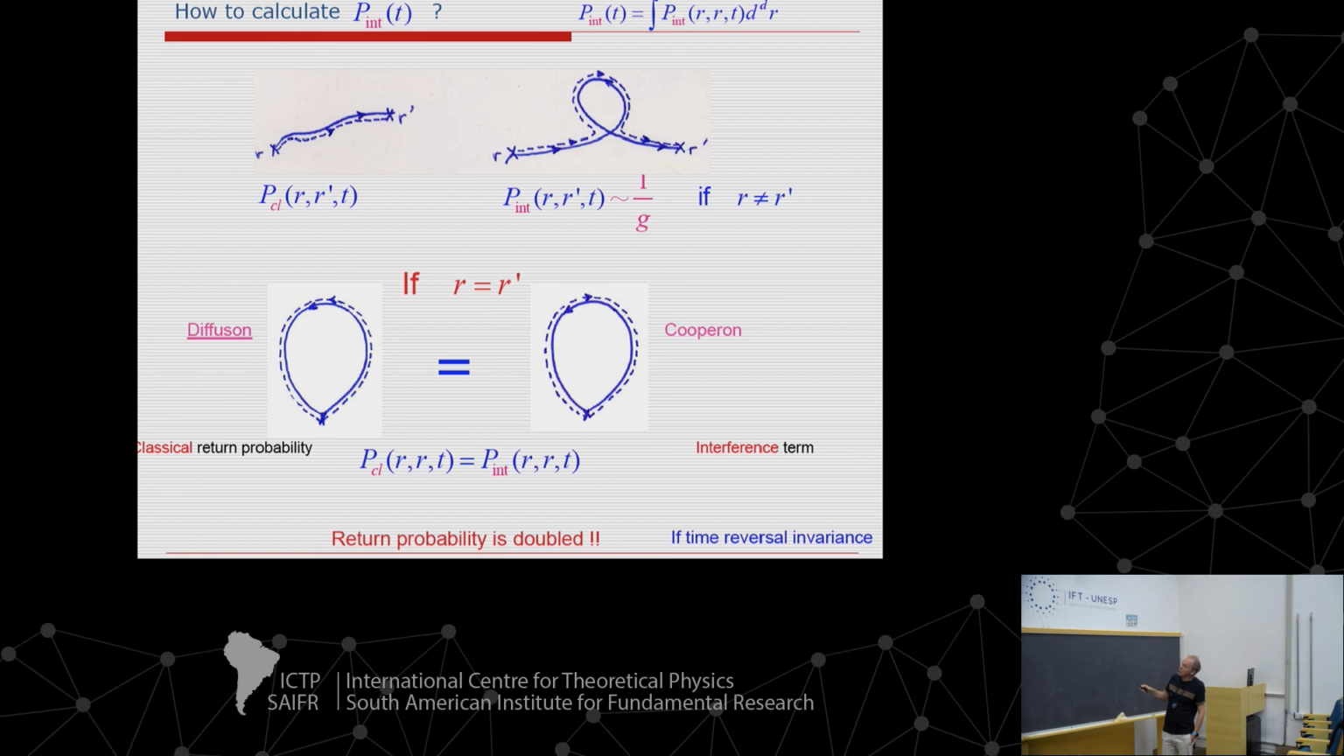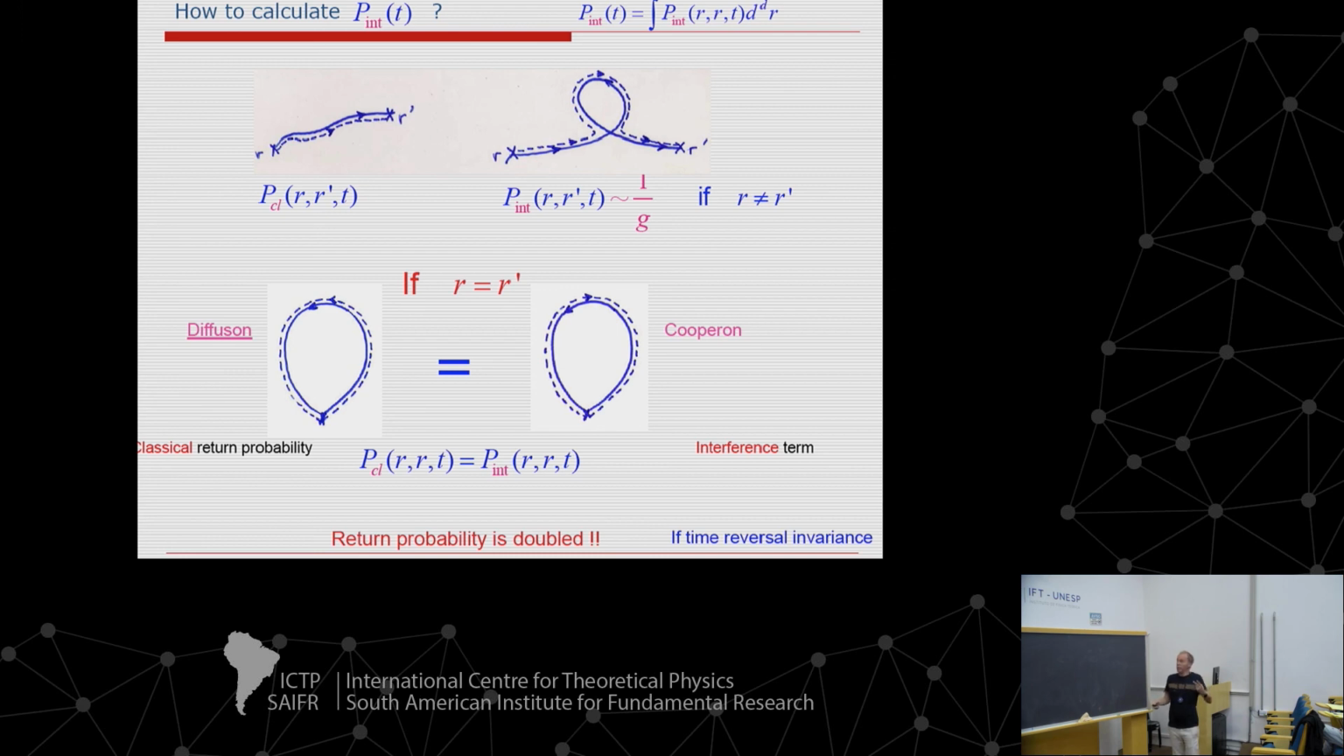But if now you have a closed loop, which means that r is equal to r prime, what you see is that if you put r equal to r prime here, you get something like this. So this is a diffusion where the two waves go along the same direction. And this correction is now this, because r is equal to r prime, but you see that the two waves go in opposite directions. But the two probabilities, the return probabilities, are just equal, okay? They are equal if there is time reversal invariance. So here I'm going a bit faster. And the return probability is doubled. You get twice the return probability, and this is precisely